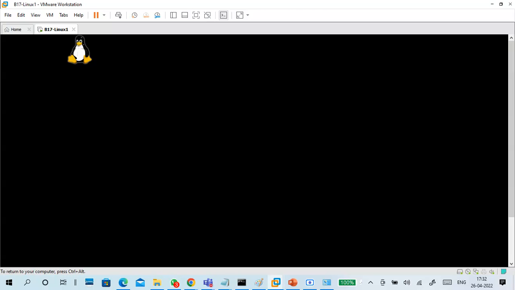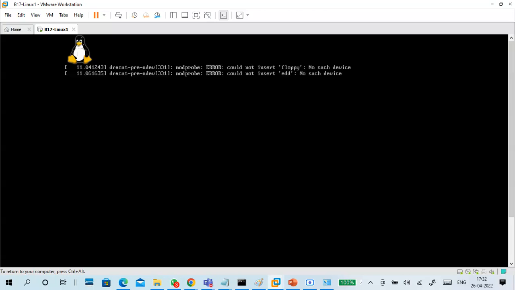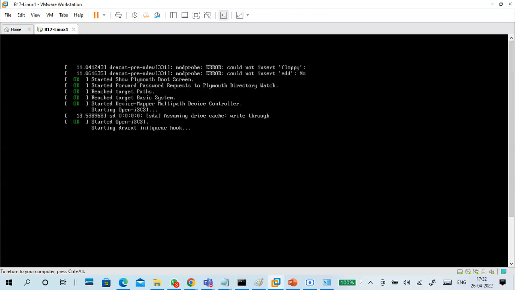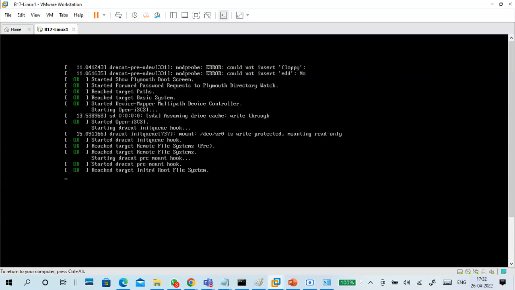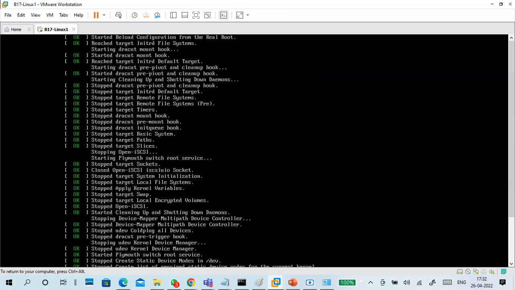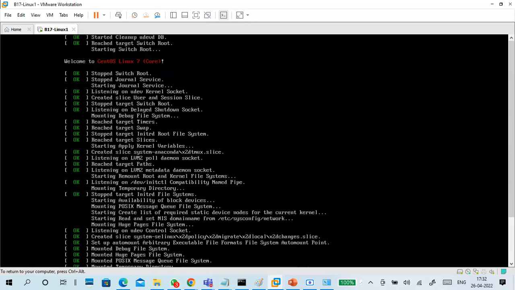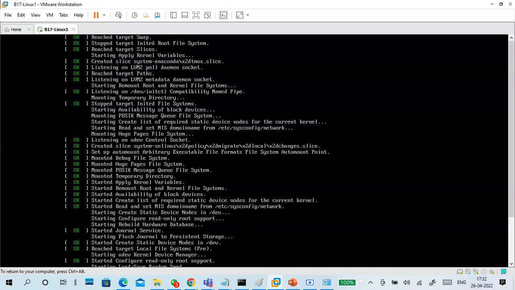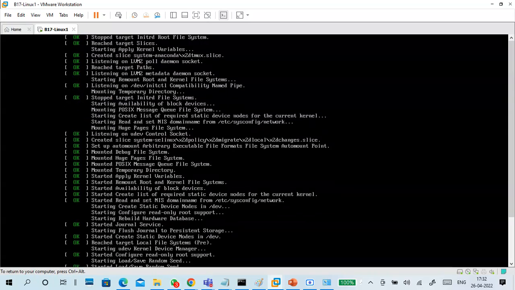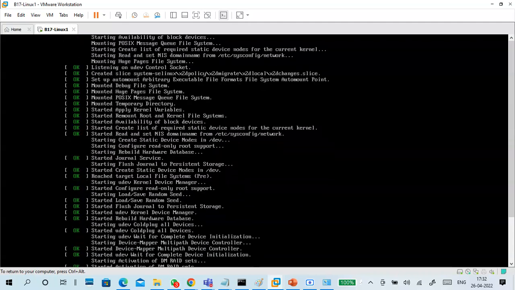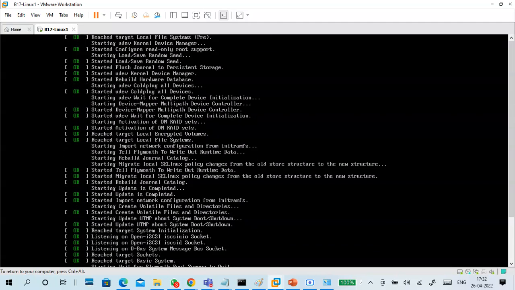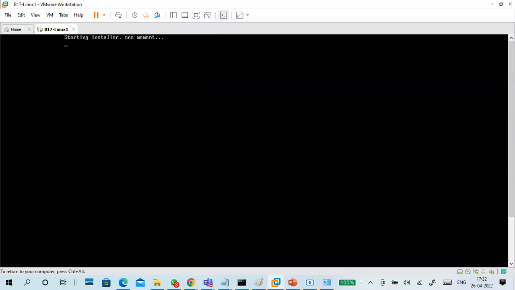Now let it boot. Try once today. If you have any problems, you will see. First download CentOS and create a virtual machine.